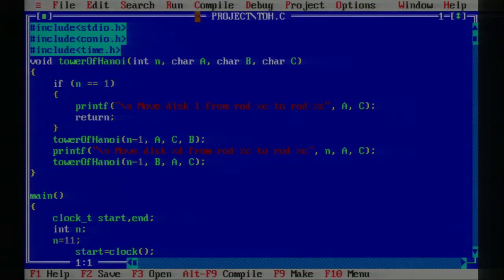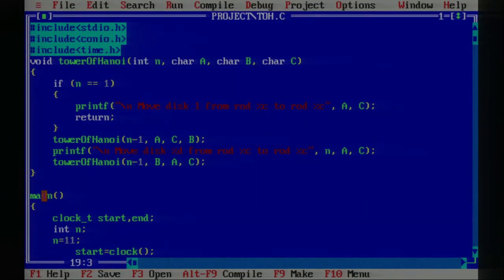and conio.h. There's one more called time.h. The third header file, if you check, is this one, time.h. So this time.h is used if you want to include the clock. Now here in our case, the clock is required to check the execution time. So if you want to use the clock, we need to add one more header file called time.h.